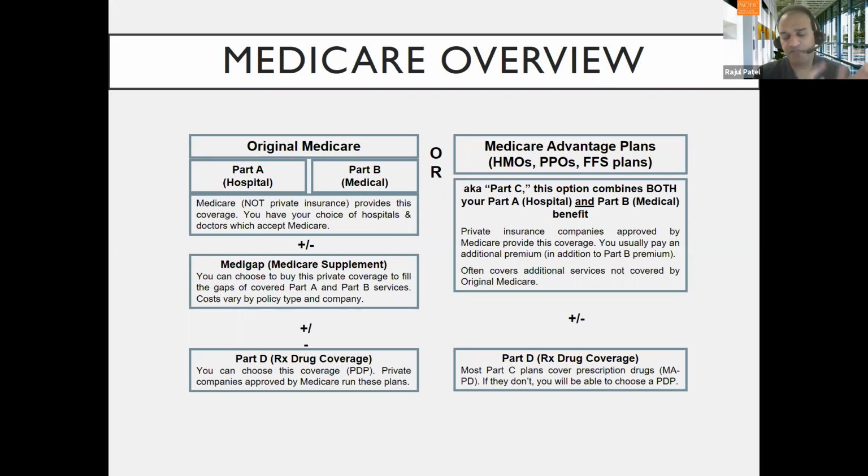Well, if you want flexibility, if you have particular doctors that you like to go to and particular places through which you want to receive your care, then you're going to have the most flexibility choosing the route on the left, because you can go to any doctor or any facility that accepts original Medicare. And almost everyone does, because think about it, you have 63+ million people. You can't say we don't accept Medicare patients, right? That could take out a big swath of the population that you could otherwise serve.